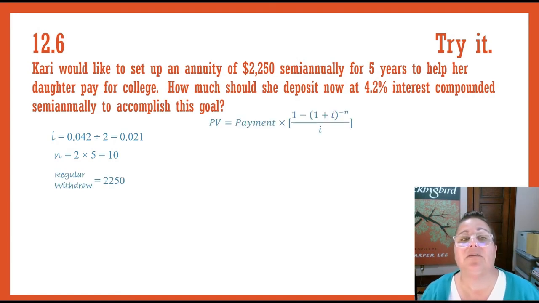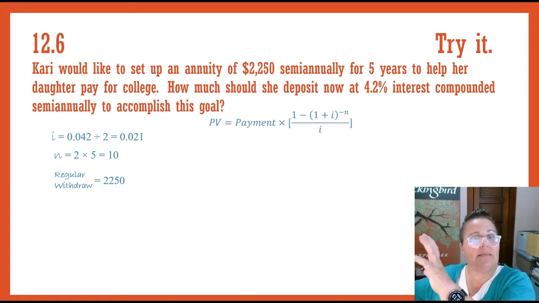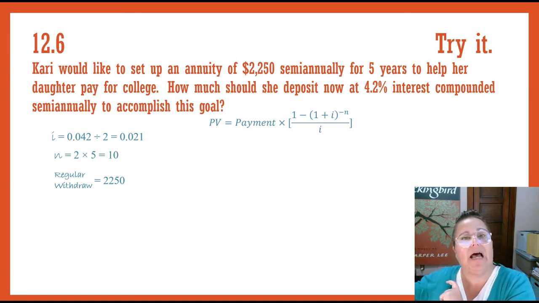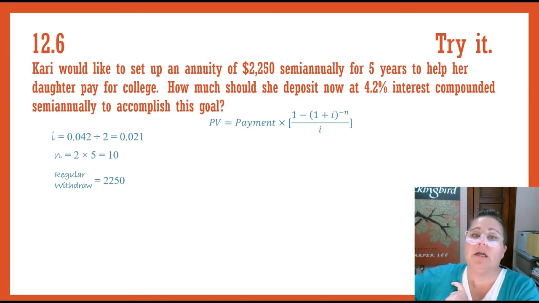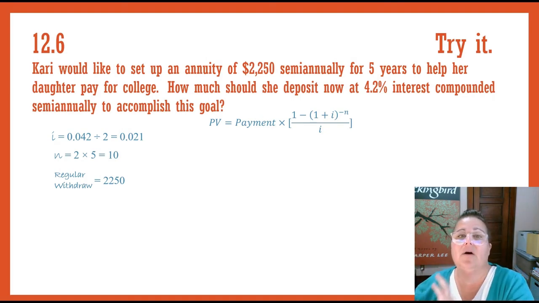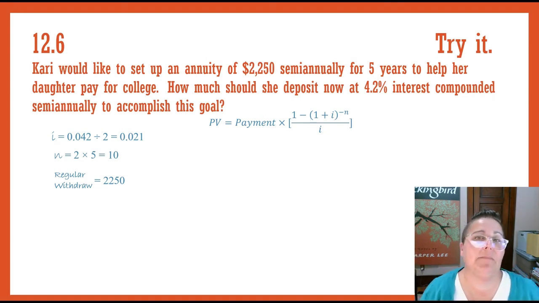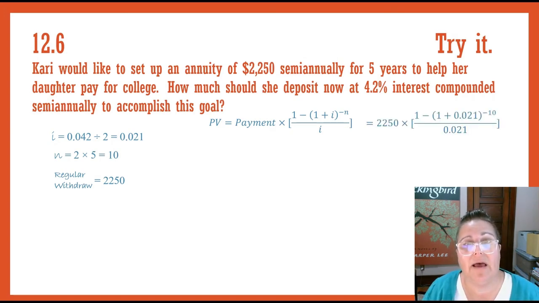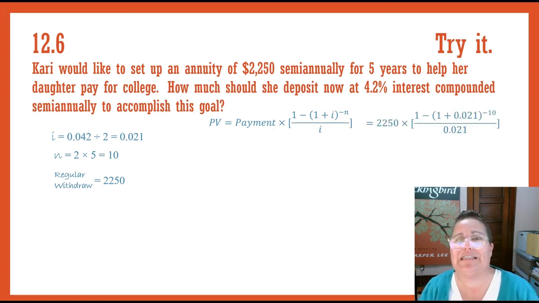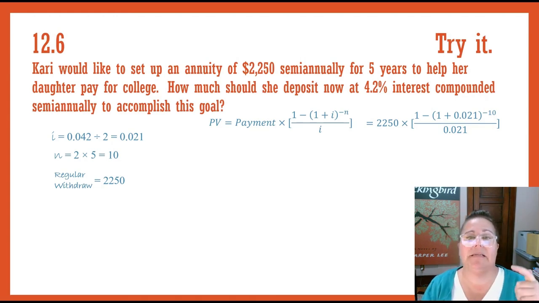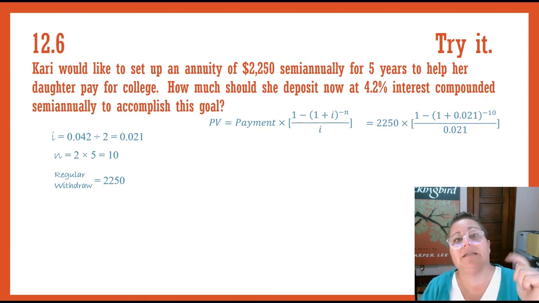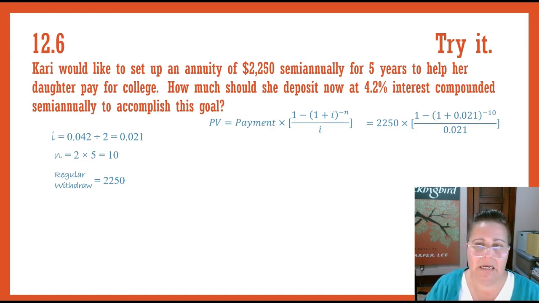$2,250. Using the formula, the payment times the big block of parentheses, 1 minus 1 plus i to the negative n power, divide that by i. Once I know what that is, I'm going to multiply it by the payment. Using substitution, I want to do that first. Sorry, I'm ahead of myself. We're going to take the payment of $2,250 times 1 minus parentheses 1 plus 0.021 to the negative 10th power, that's my n, divide by 0.021, or